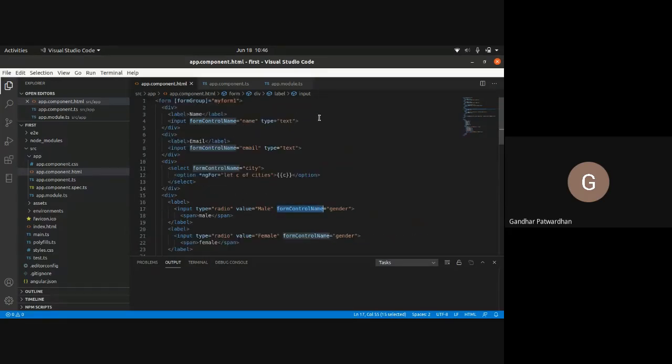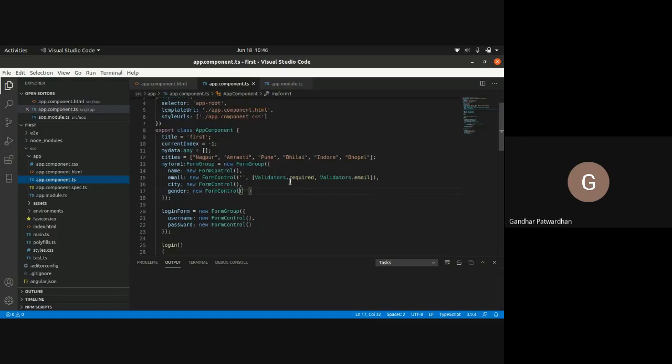Let's say we have a validation for name. Let's say that the minimum length of our name should be 5 characters. So in my app.component.ts, in this name field, I'll add validators.